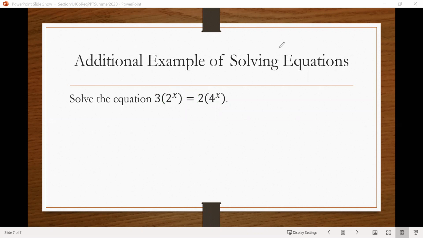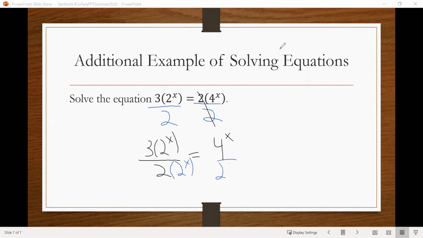Let's say we're going to move everything that does not have a variable to the left. Well, we could divide by 2 on the right, since that 2 is being multiplied by the 4 to the x. Those will cancel. So then on the left, we'll have 3 times 2 to the x over 2 equals 4 to the x. And then we could divide on the left by 2 to the x and do the same thing on the right. So the 2 to the x's cancel. And now our equation becomes 3 halves equals 4 to the x over 2 to the x,